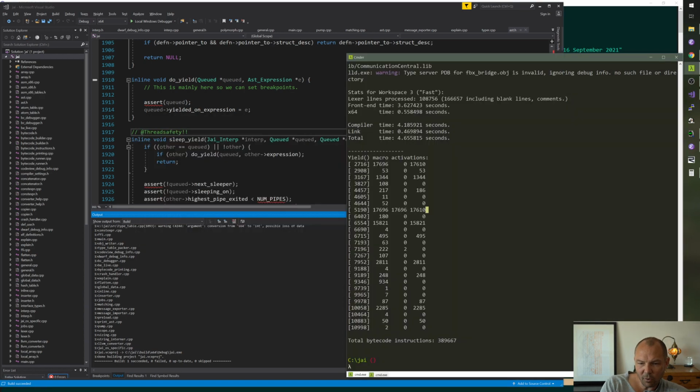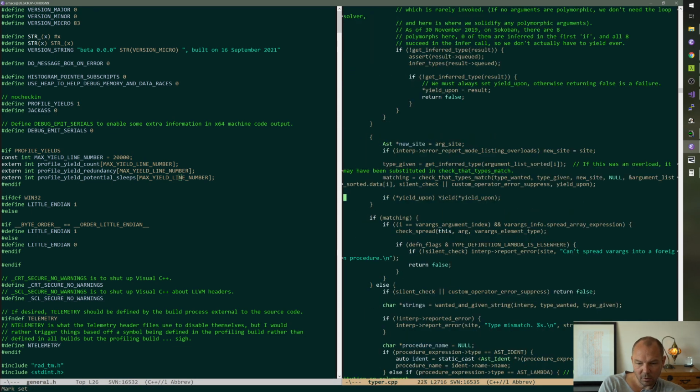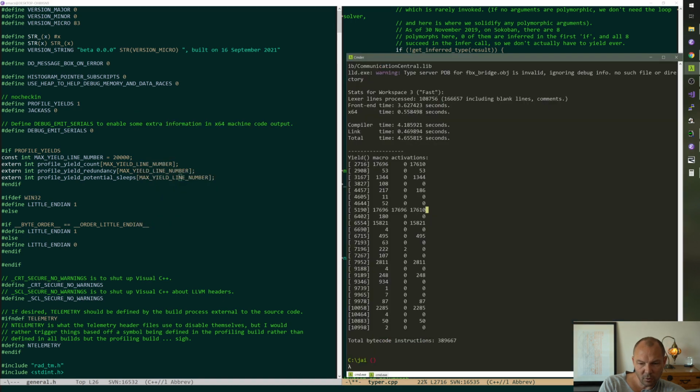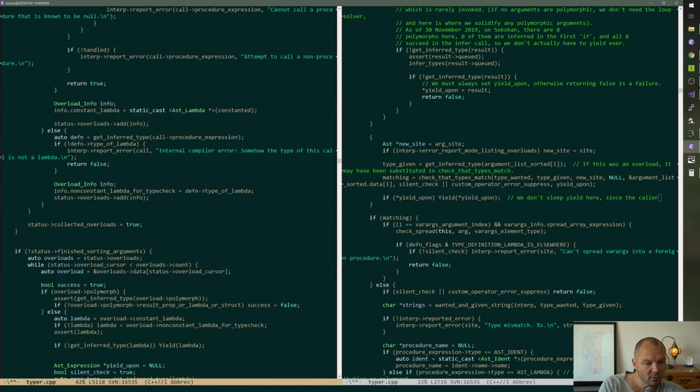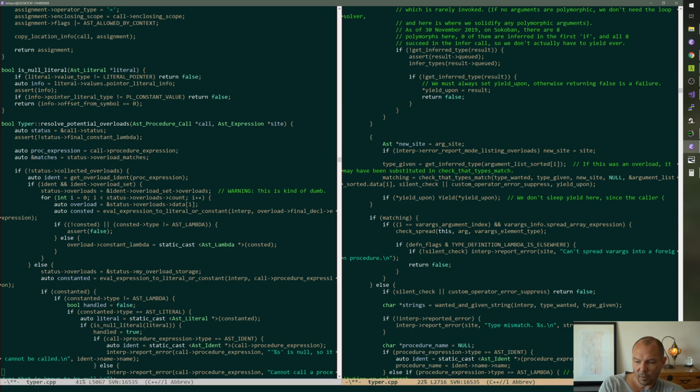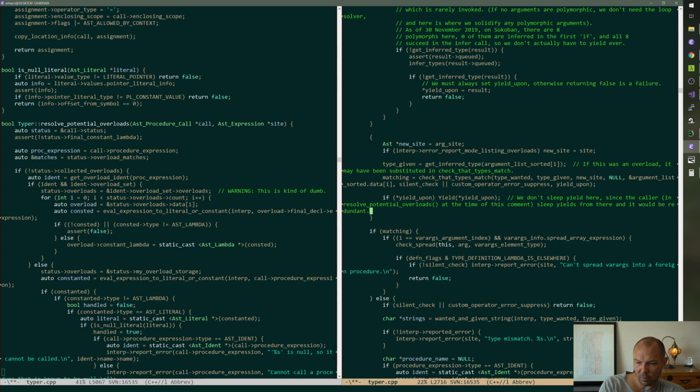So I'm going to make a comment right now. This is something where I'm going to want to think about the structure of this later. We don't sleep yield here since the caller in resolve potential overloads, at the time of this comment, sleep yields from there, and it would be redundant?